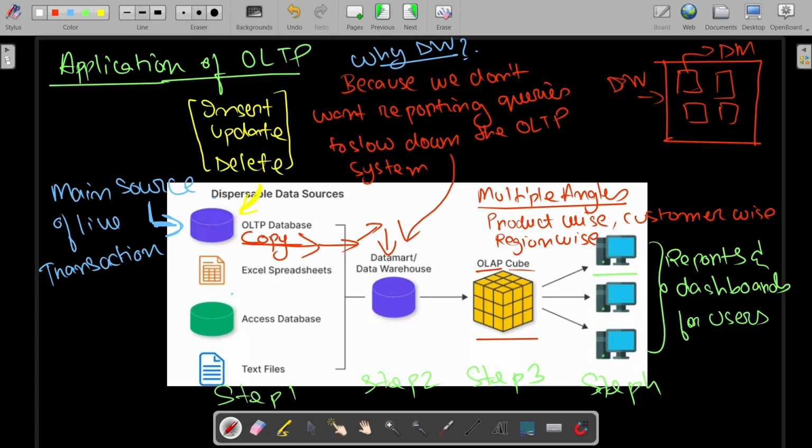Now, from the data warehouses, we send the data to the OLAP. And here we have written OLAP cube. OLAP cube means we look at the data from multiple angles. Now we have to analyze the data product wise, customer wise, region wise, and some of the questions which can come to our mind, as I already said before, are: which product sold the most in 2025, which city has the highest revenue, which is the yearly profit trend,